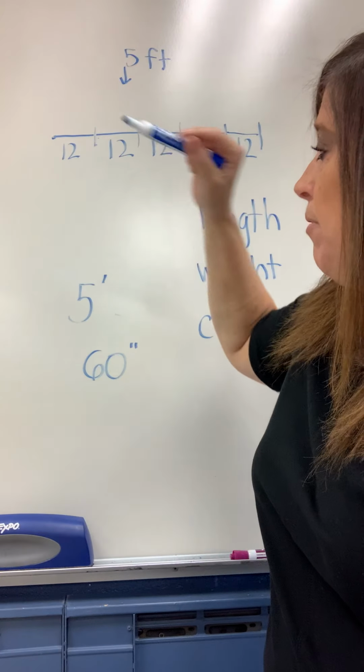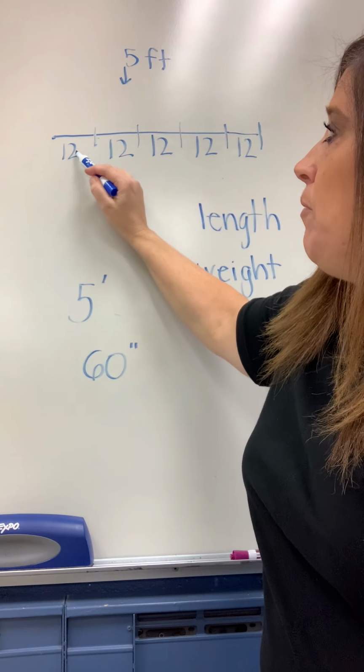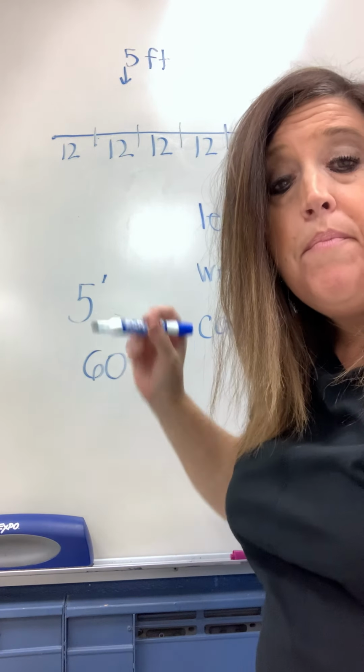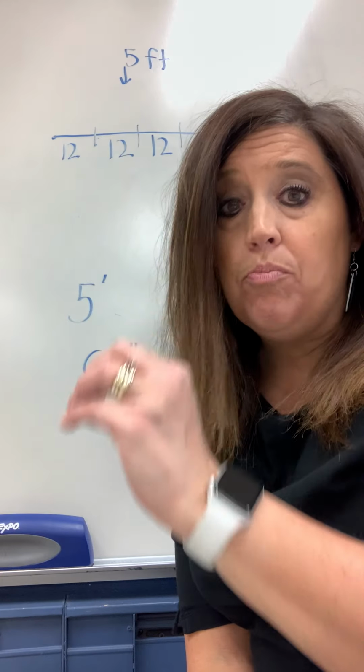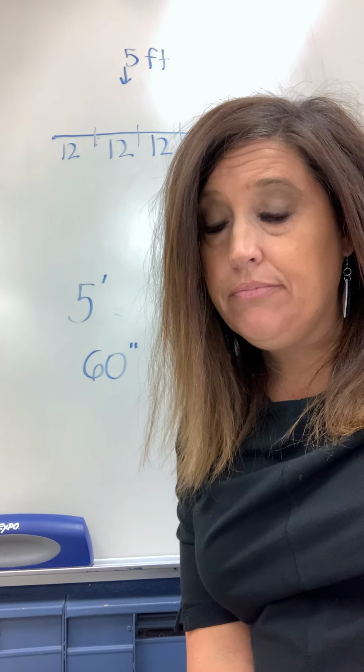Here we did our example of 5 feet. How many inches are in them? There will be 12, so we're multiplying 12 times 5. All right? Now, when you're going from a small unit, like an inch, to a larger unit, that's when you're